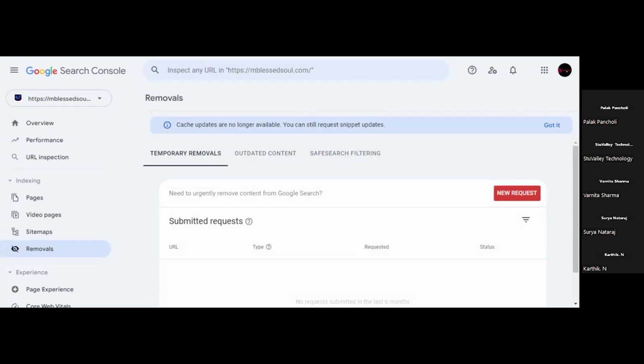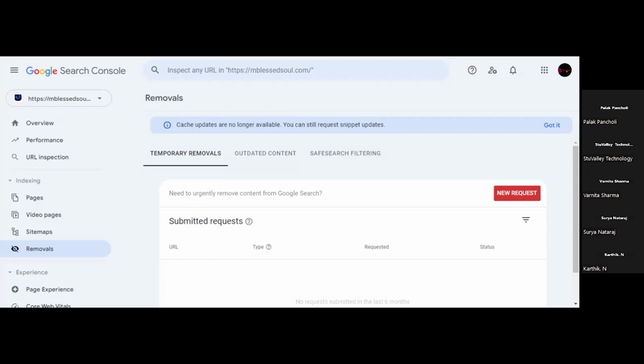For example, you may have published any content on your website earlier, and now that content is outdated. In that case you can remove that URL from the search engine result pages also, so that the outdated content will not be visible to the users.